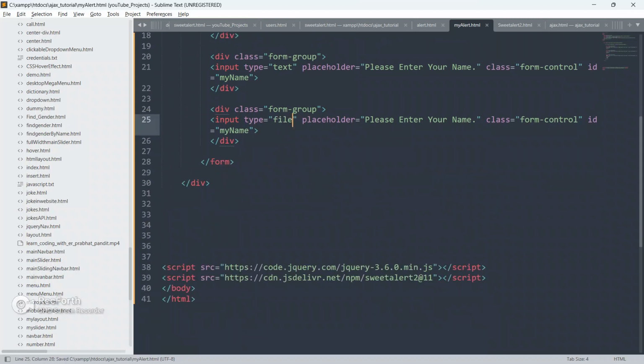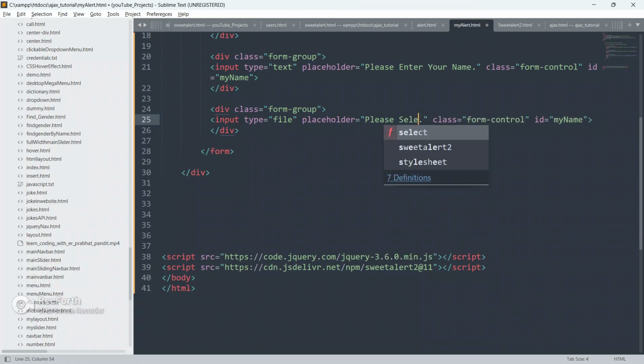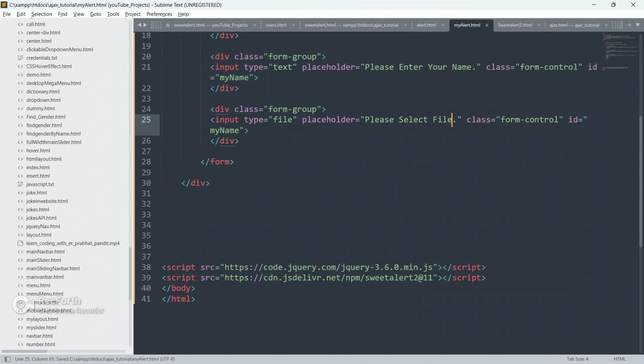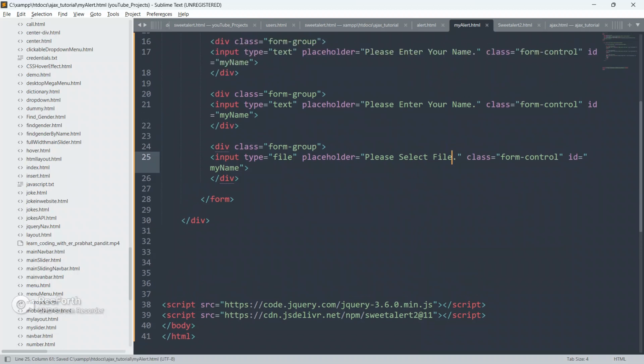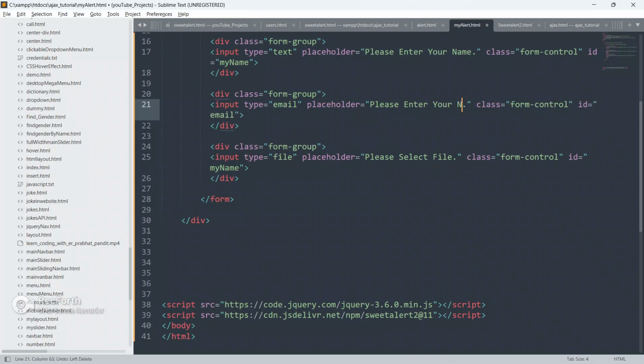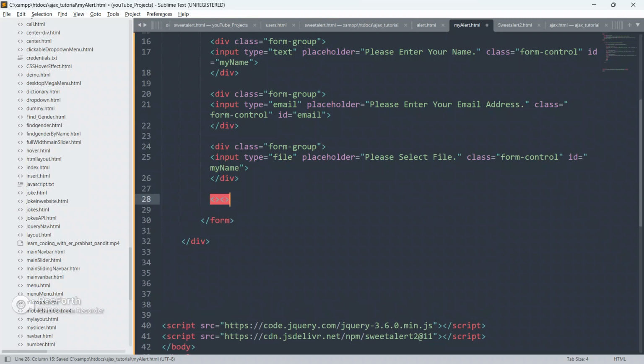Make this as file and please select your file. Make this as type email and give ID as email and change this text to please enter your email address.